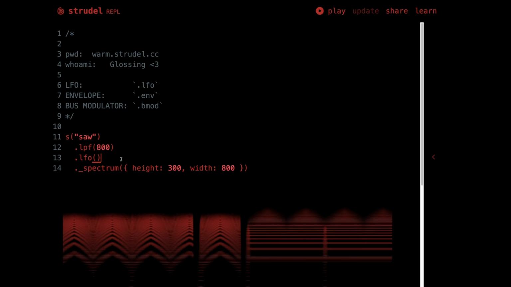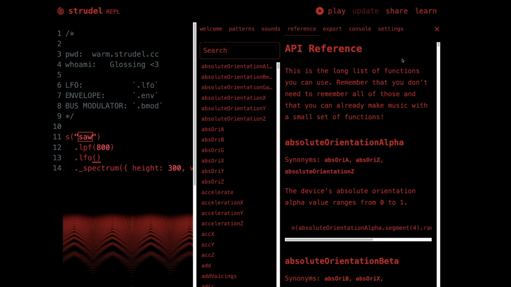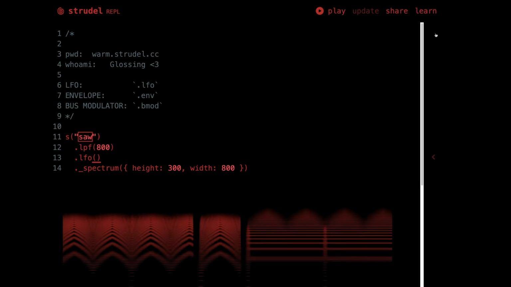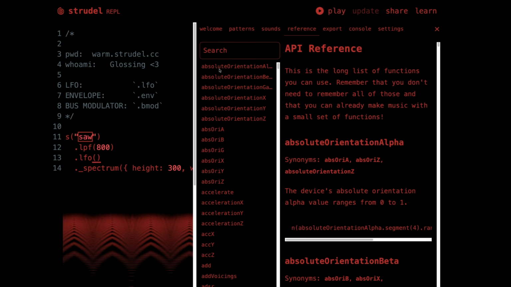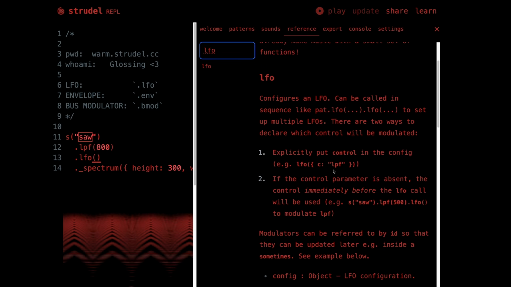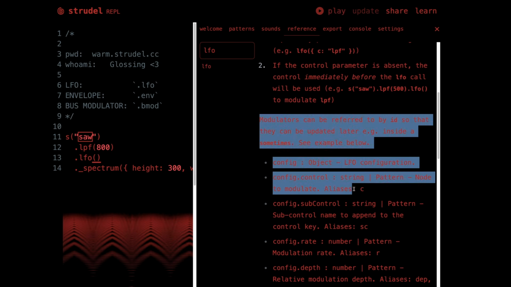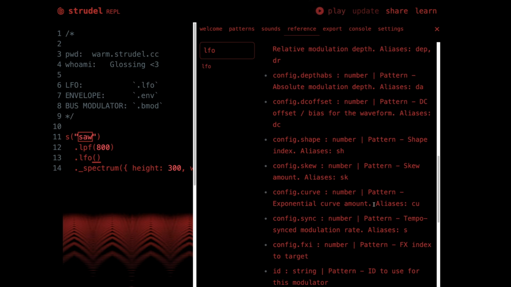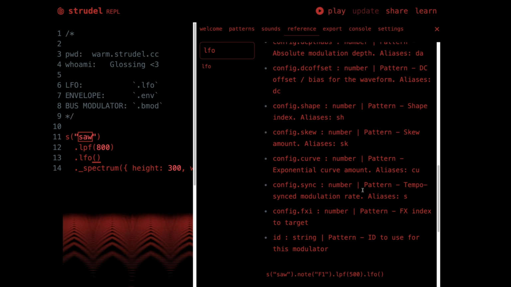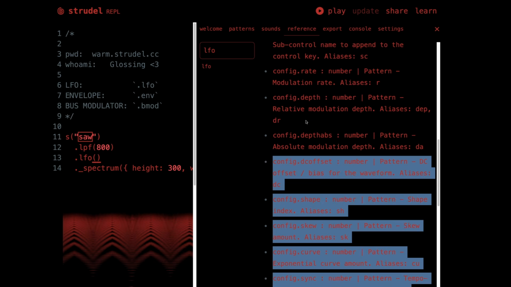If you want more control over the modulators, then may I present to you the reference. You can always click on this side panel over here to take a look at the reference. And let's start with LFO. There's a lot written here. And I recommend, if you're curious about these modulators, you take some time to read it in more detail than I can cover here. But what I'd like to do is go through some basic examples of what all of